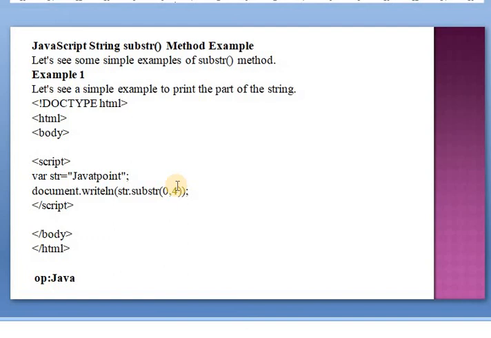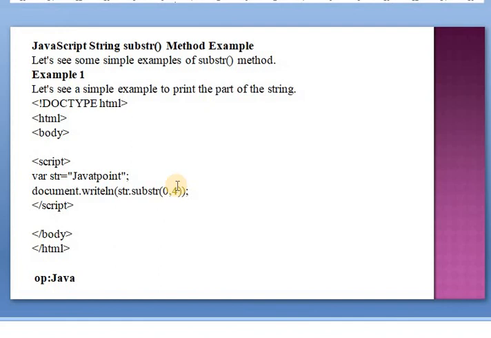It returns 4 characters. Remember these things: the substring method passes two parameters, that is start and end, and these parameters are the starting index and the ending index. End index means up to that but not including.